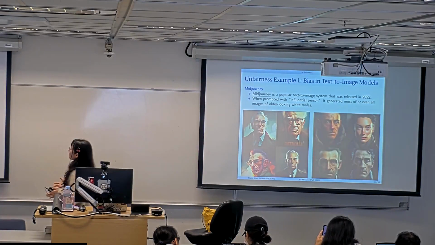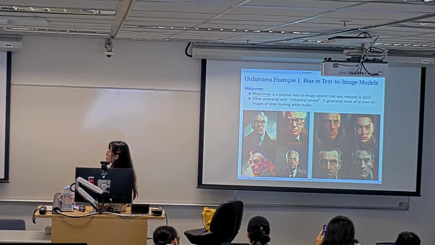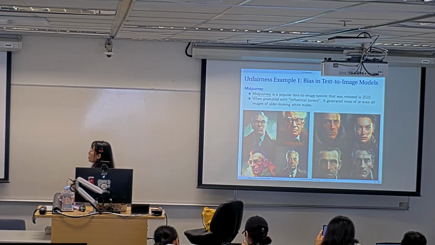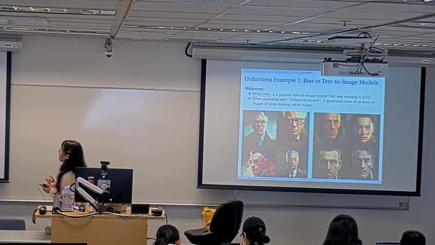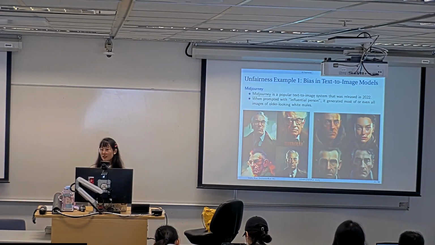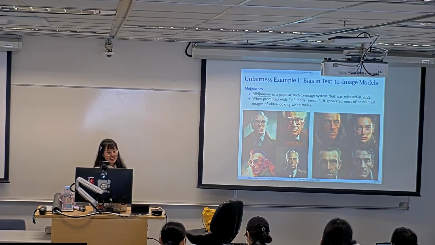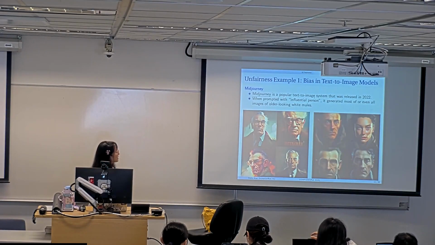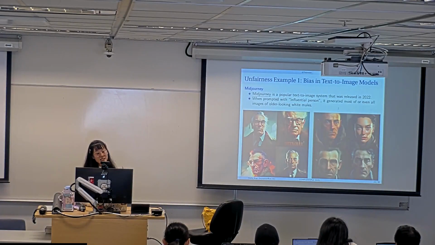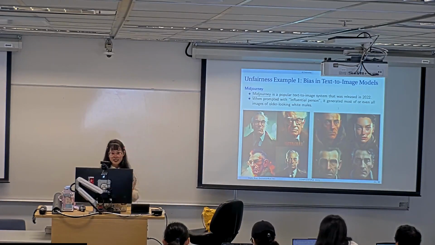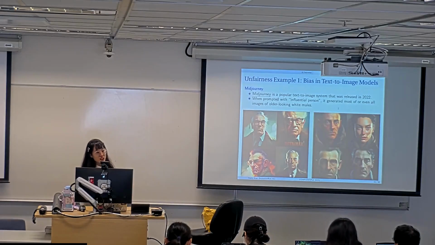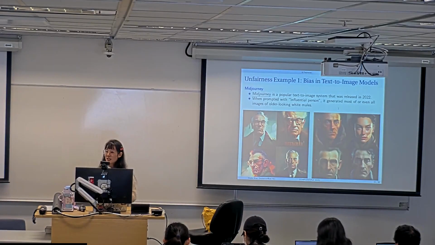And then people found that when prompted with an influential person, it generated most, or even all, images of older-looking white males. Like I guess in this classroom, none of us belongs to such a type, right? Basically, that means Midjourney doesn't consider us as influential persons. The influential person should look like this, an older-looking white male. And this is definitely some bias. When considering who can be an influential person, the AI has some stereotypes and uses biases